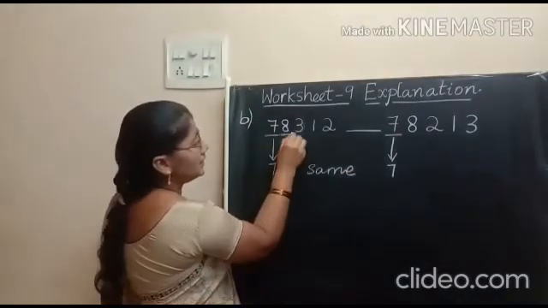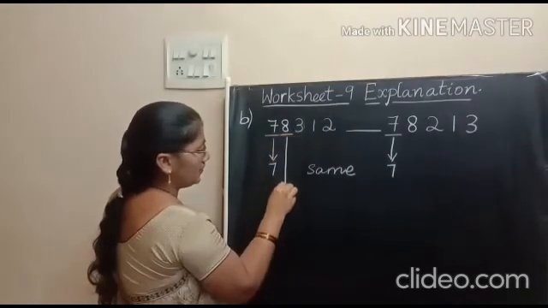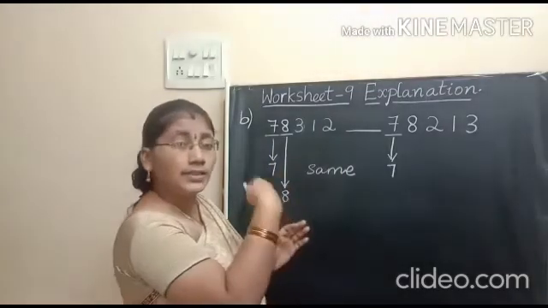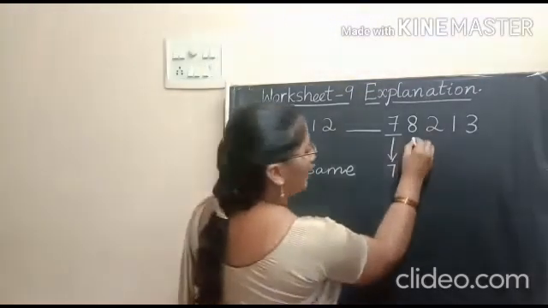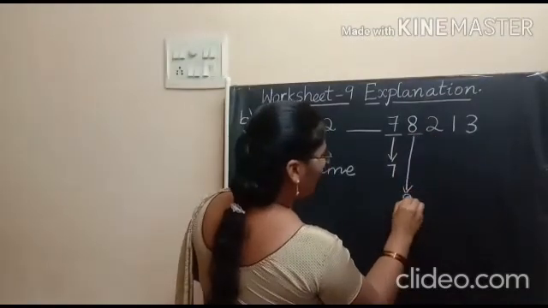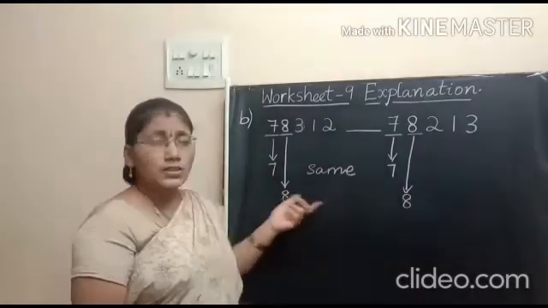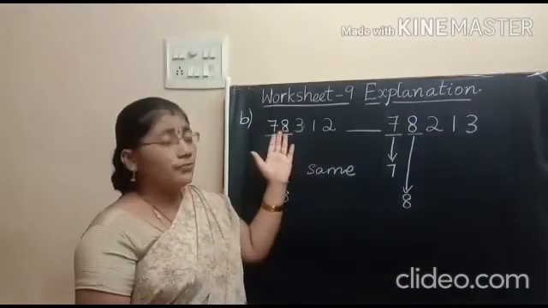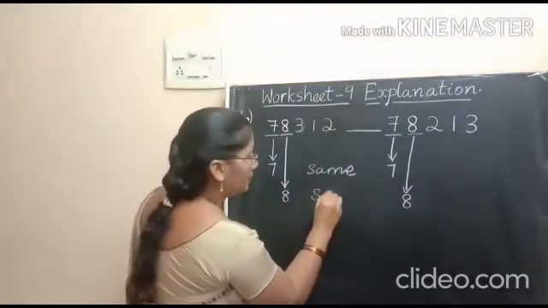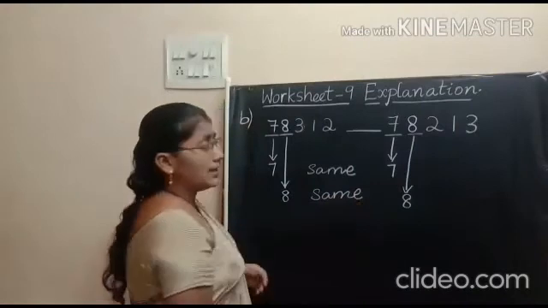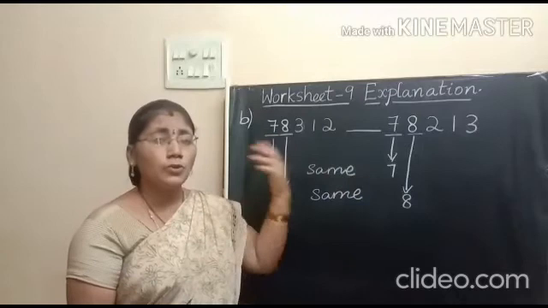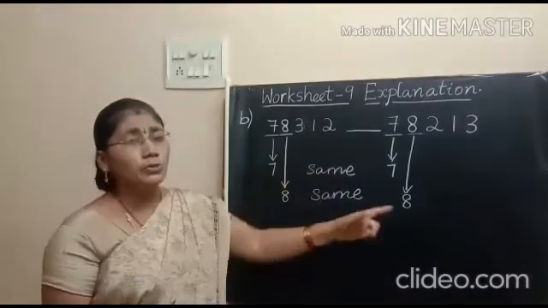What is that? The next digit is 8. Let us see the second digit of the second number. Now, this is also 8. So, in this situation also, here we have 8, 8. These two are the same. The second digit of the two numbers is also the same. Then we have to go to compare the third digit of the two numbers.